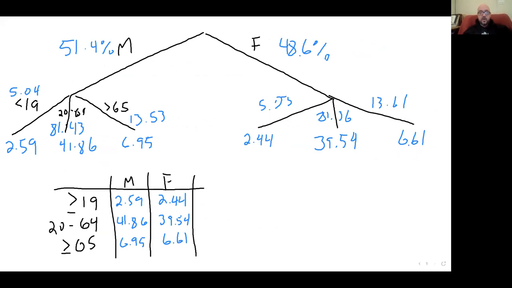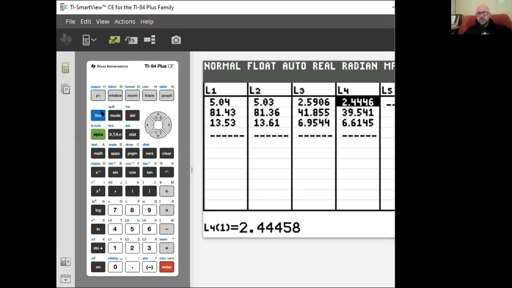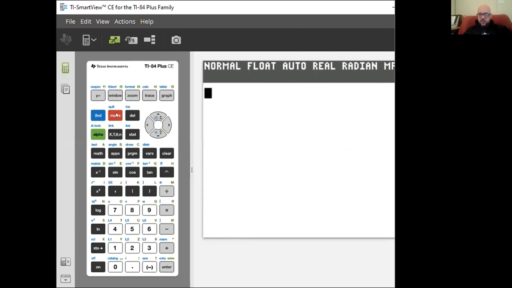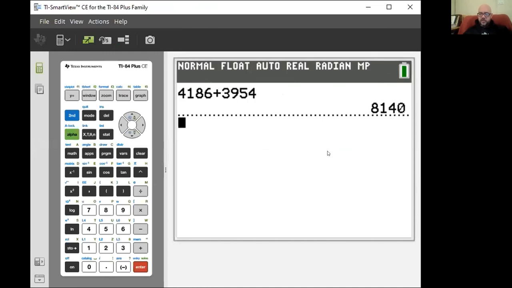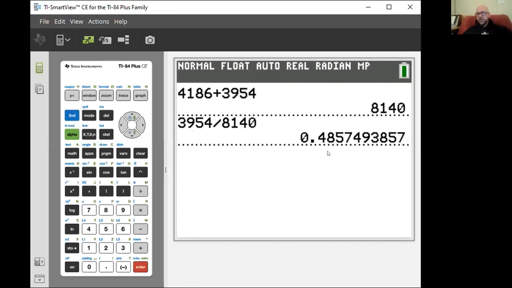So let's go to the calculator. 4186 and 3954. That's the total that we've got there. Sorry, it's off my screen. 8,140. So it's going to be 3954 out of 8140. So there's your probability, 48.57%,